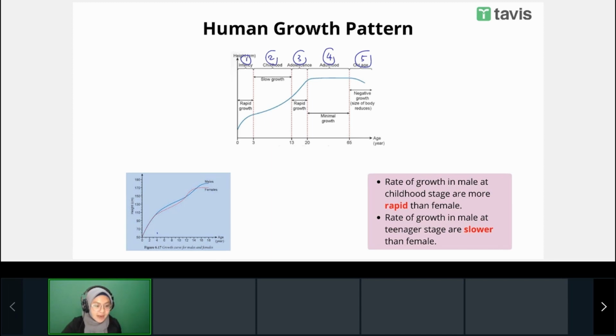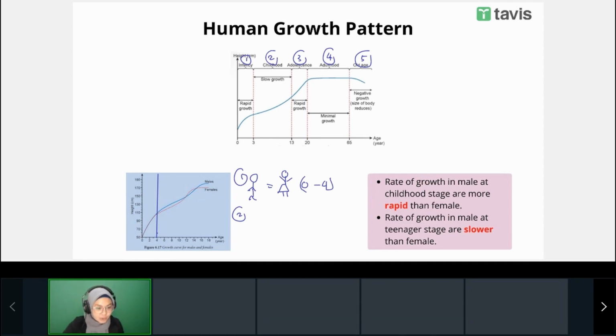We take the example of the height of the male and the female. At the infancy stage, 0 until 4 years old, what happened? The growth of the male and the female is the same. For the male and female, male has the same growth as a female at the age of 0 to 4 years old. First thing. The second one,